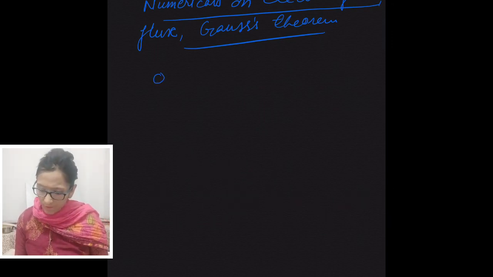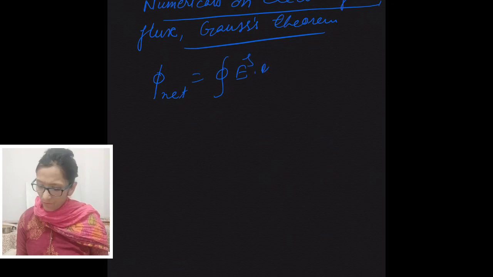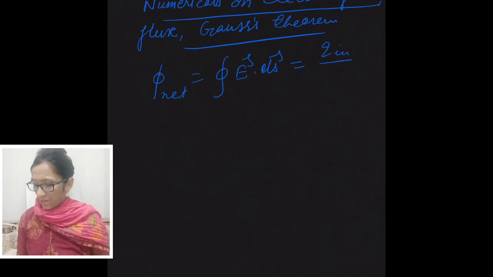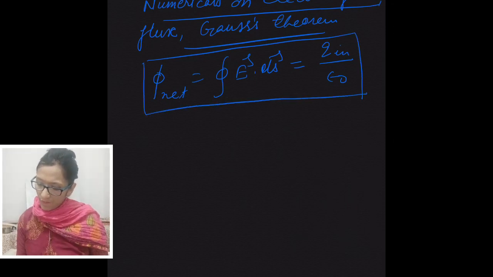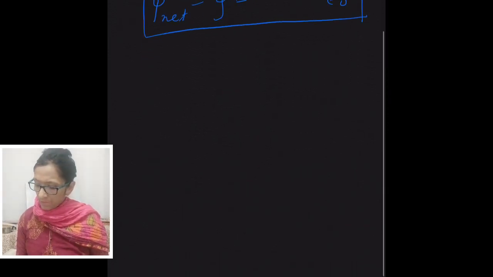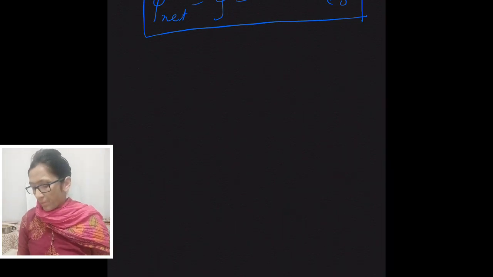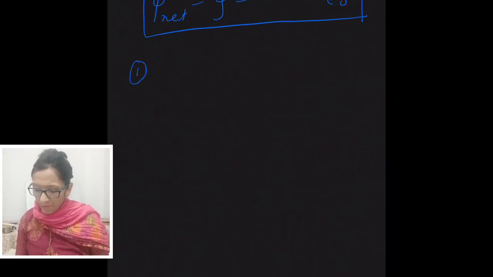The formula which we will be using: flux phi net is equal to the surface integral of E dot dS, and this is equal to Q enclosed, the charge enclosed, by epsilon naught. This formula we will be using. So one by one we will be taking